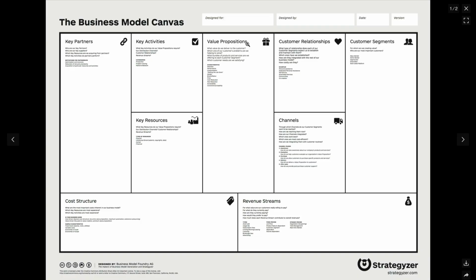Of course, let's say your business doesn't depend on key partners. You may not have key partners, but generally speaking, it's broad and general enough that you can enter whatever applies for your business here. You can enter your key partners, your key activities, and this just helps you plan and organize everything in one place.